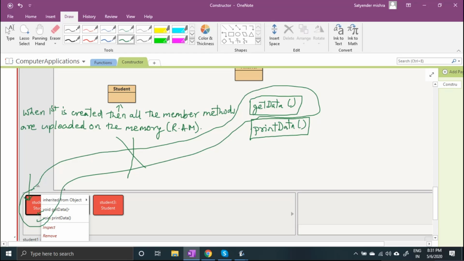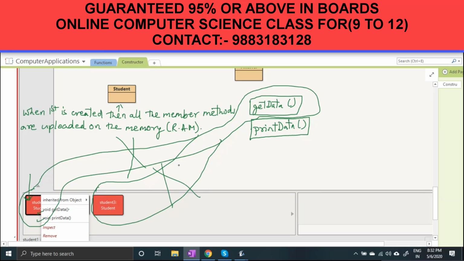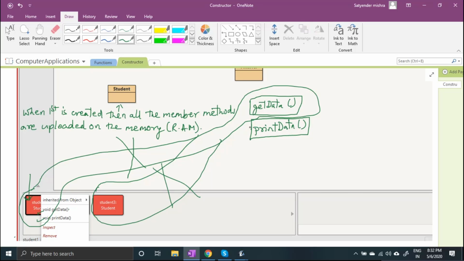Then when you call get data with the object student 3, this connection is again established with this object. And when the code of get data gets executed and is over, the connection is also terminated. So in this way it can serve millions, billions of objects, not a problem. It is a very useful feature.